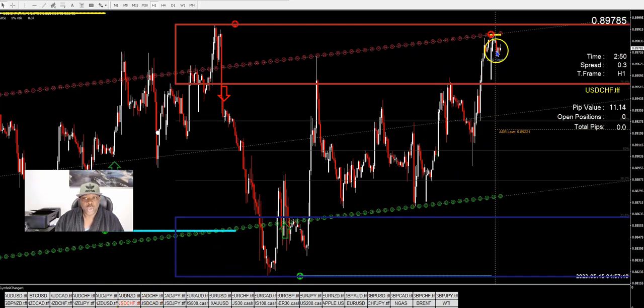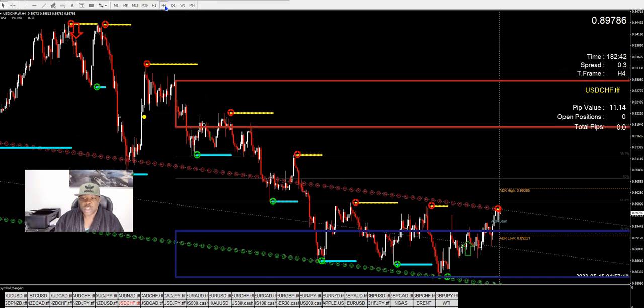Okay, now I could choose this one too. This is also another sexy setup. You see what I'm saying? This is USD Swiss. I would love to take this trade. Look at that, right off the 4 hour, which this one I might take a small, since my risk is so far below the limit, and I did the total, by the way, of all my positions, I'm only risking